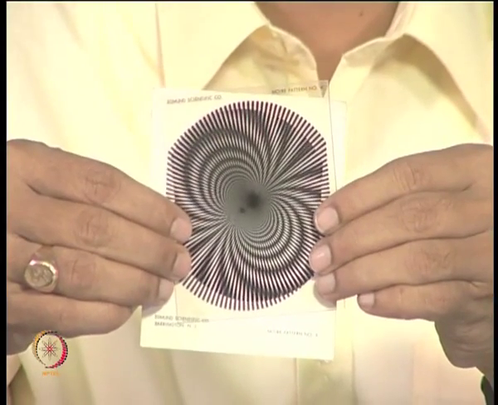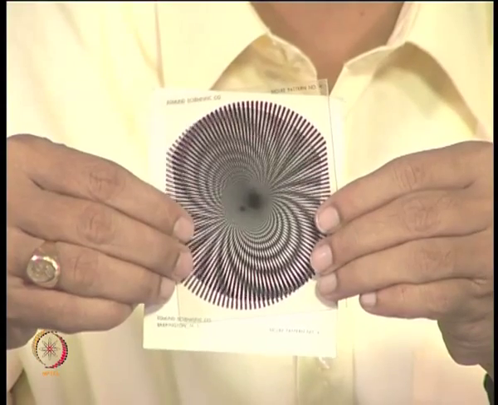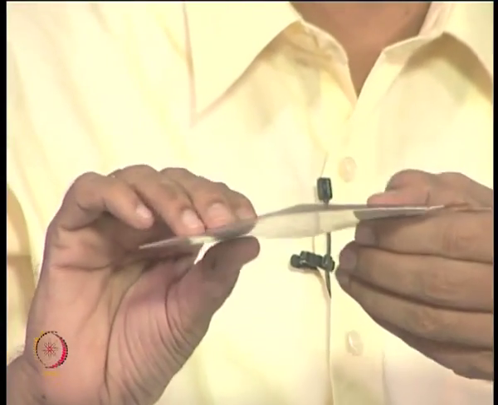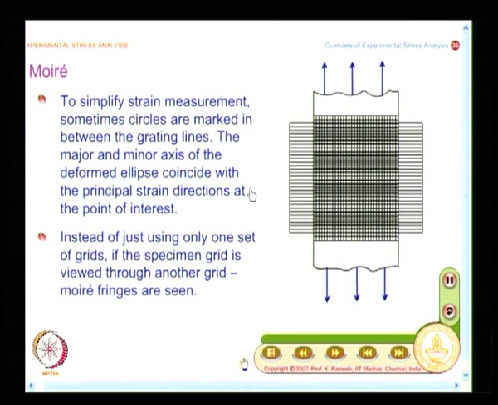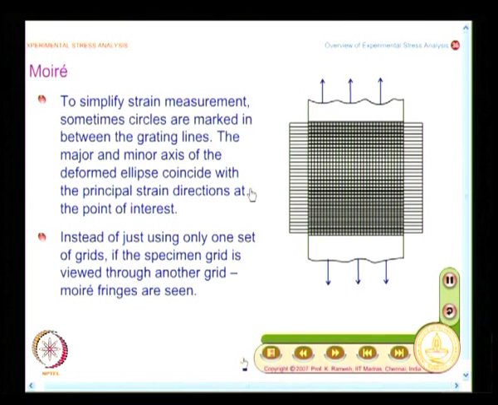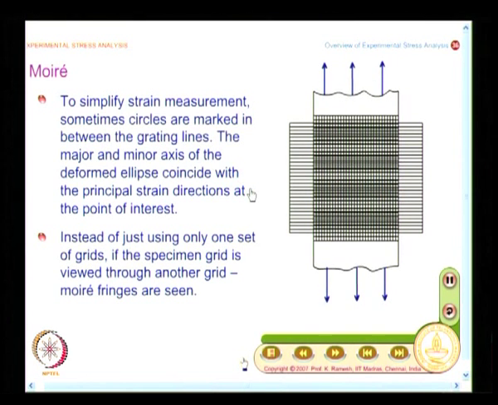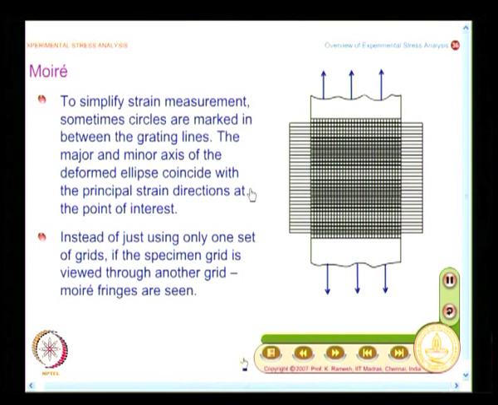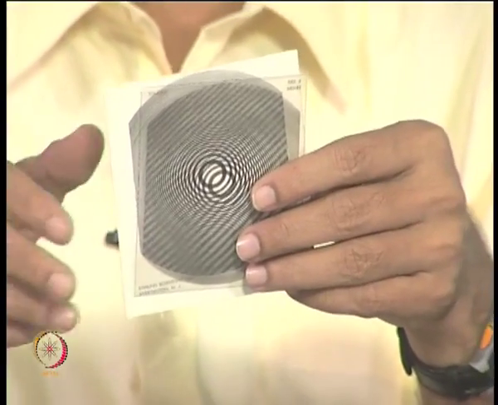And what you will have to look at is, you have to develop this into an experimental technique for you to extract information. And like friction, Moiré is a nuisance. Friction is a nuisance in some applications, but friction is needed in braking. You need friction, without friction you can't have brakes. So, you do not want friction in certain applications, like in IC engines where the piston ring moves, you want this to be as smooth as possible.